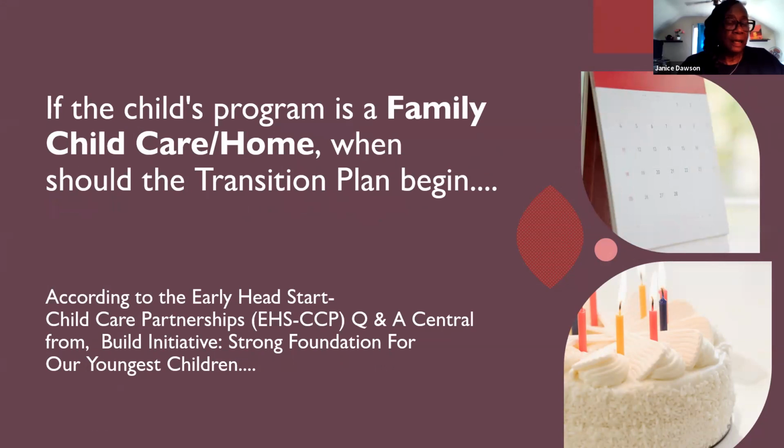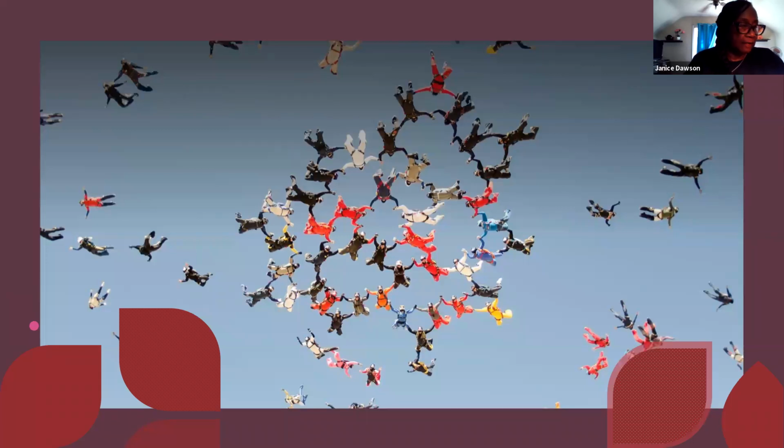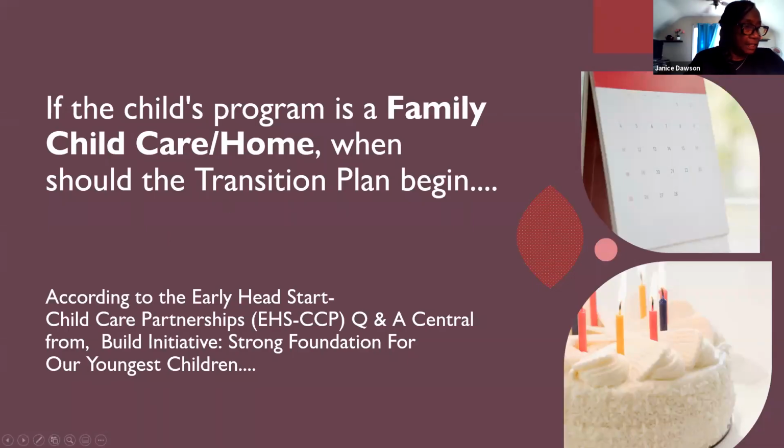Okay, now we will speak about the family child care home. That's another type of transition plan. It's done on the same form, but it looks a little different because the family child care home begins at 3.6 years. These children can remain at the home after this point because they have children there that are 4 and beyond. It's very different in a home than it would be in a center. So that's the mandate and the difference from the center to the family child care home.